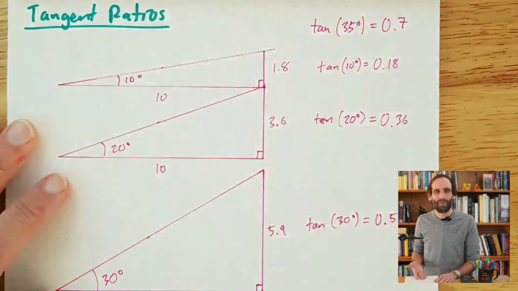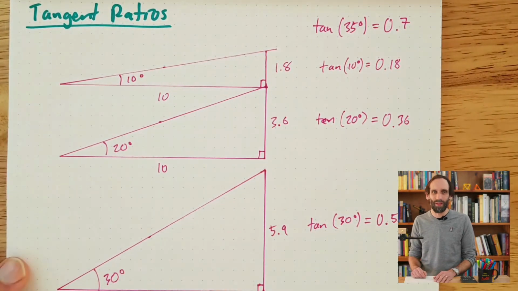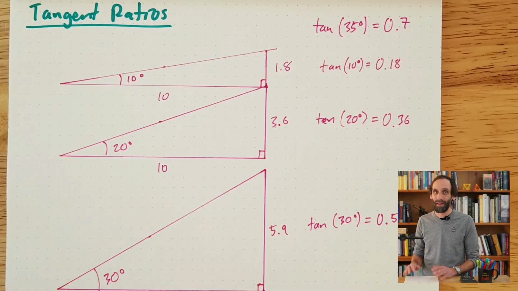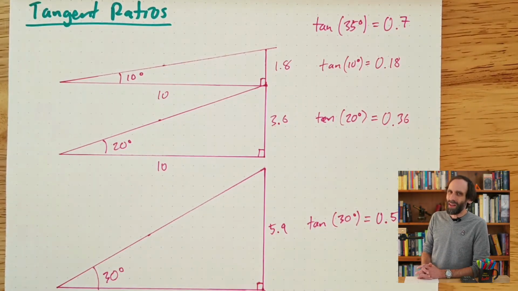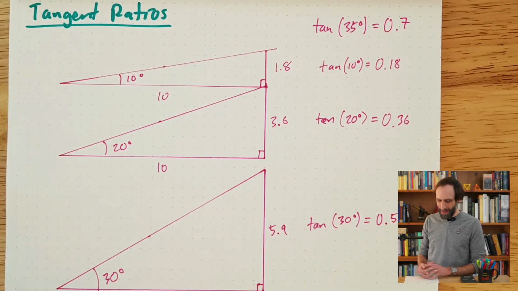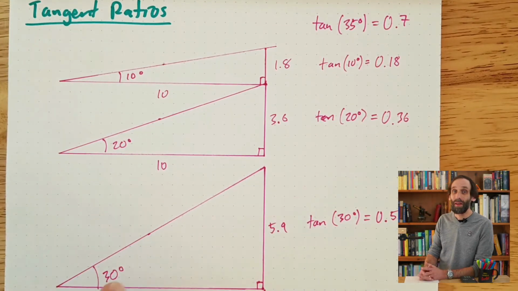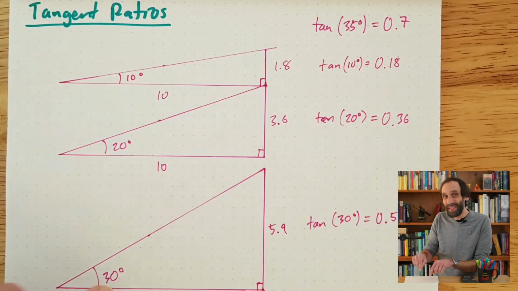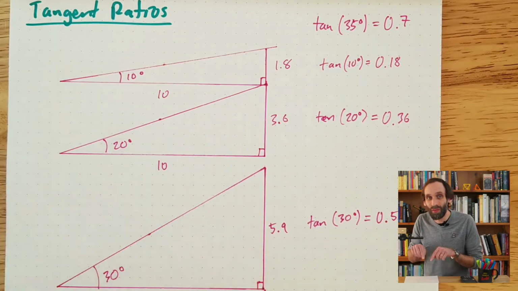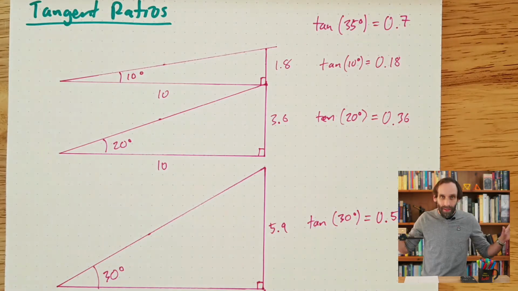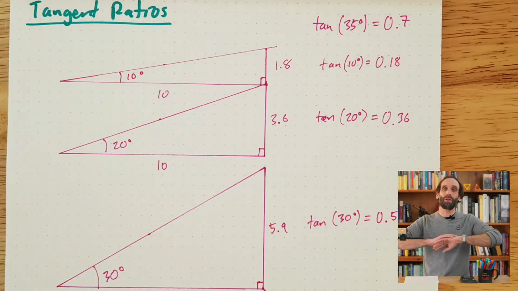And I'm only doing every 10 degrees. Like, what if I want to know the tangent of 13.5 degrees or something like that? It would take a while to actually go through all the work of finding all these tangent ratios. But since this is such a useful tool, this fact that, for any given right triangle, it's similar to all